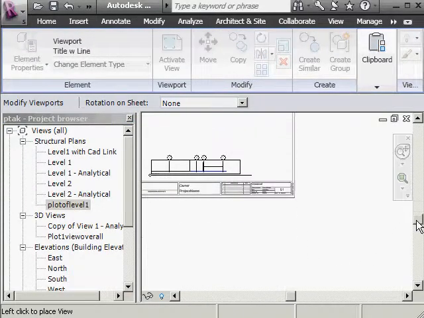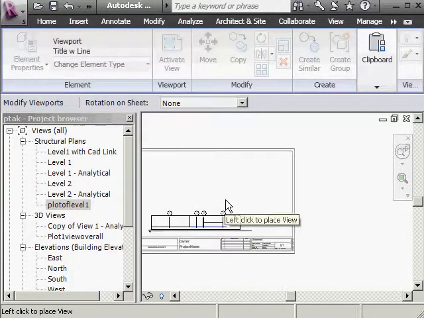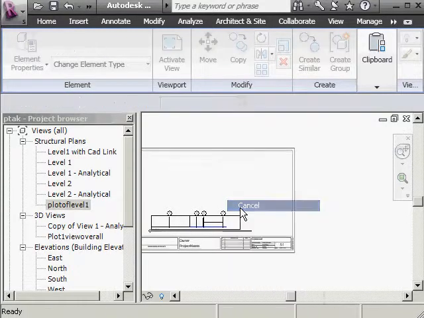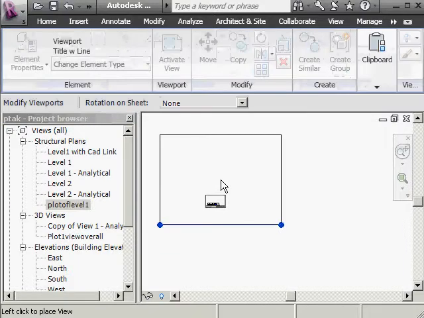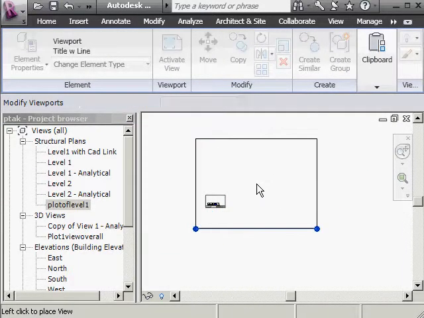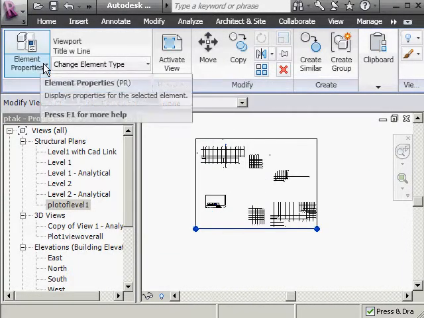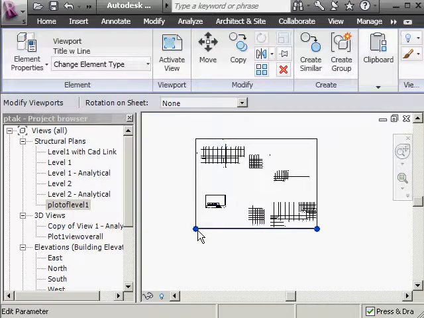Probably a pretty large scale, so we'll see what it's doing to us. Cancel. Zoom out here. Plot of level 1. Bring that in right away. You want to change that and change that element properties. You can probably go about changing